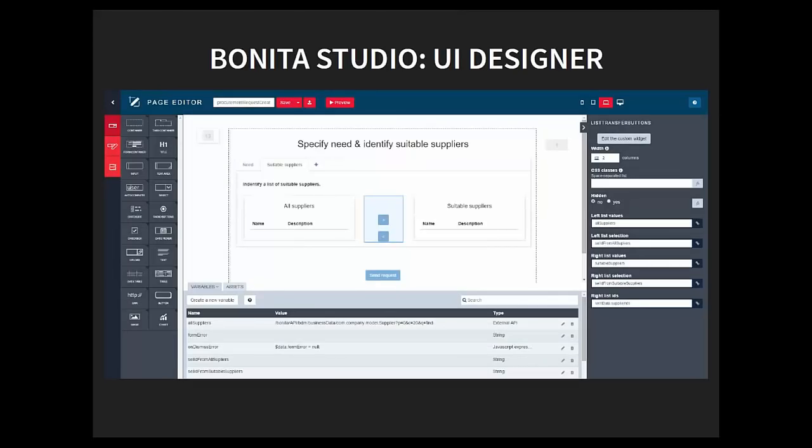And for this, we have a web browser-based application that is linked to the studio. You can actually open a new tab on your default browser directly from the studio, and this will open what we call the UI designer. The UI designer, from the name, it's really to make sure that you can design your UIs. What we call the UIs will be any kind of forms or pages that at some point you need to leverage in order to interact with your people, with your end user.